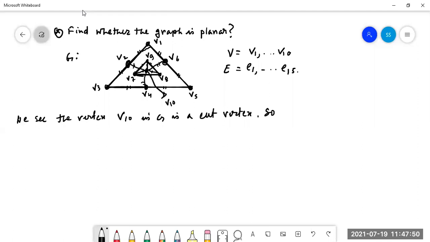So G is separable. Cut vertex means the vertex from which we can make some blocks, right? So from V10 we can make blocks. So it is separable. Two blocks of G are